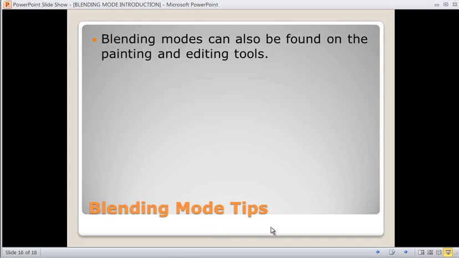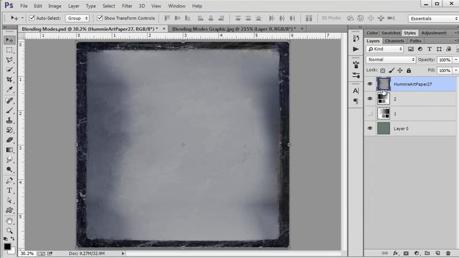Blending modes can also be found on the painting and editing tools. Now, we're not going to really do this in these classes. That might be a whole new class, or an extra 20 sets of lessons from 41 to 60. But actually, we're not going to do that. I just want to point it out. When you're learning these blending modes, you're going to see